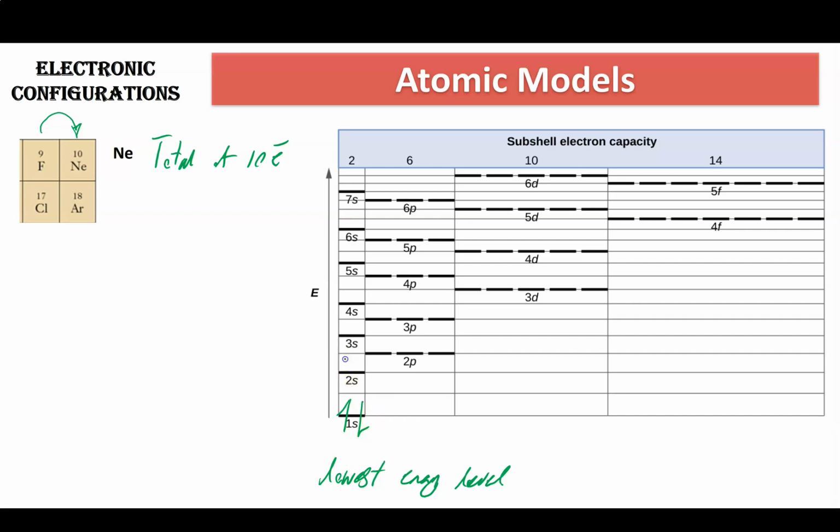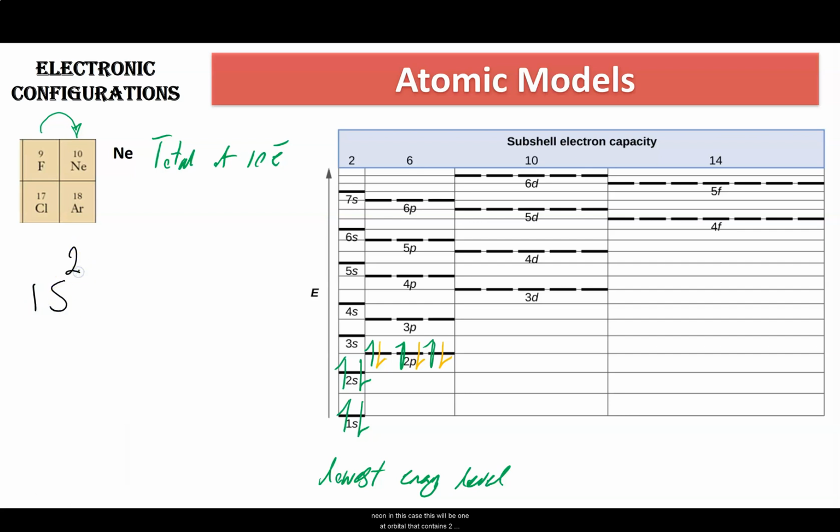I got to go up to find the first unoccupied floor, so the 2s orbital. Then I got 6 more electrons to fill up in the 2p orbital. The way I'm going to write it is 1, 2, 3. Then, just to show the importance of going in that order, I'm going to fill up the electrons with a different color. All right, so if I want to rewrite the electronic configuration of neon in this case, this will be 1s